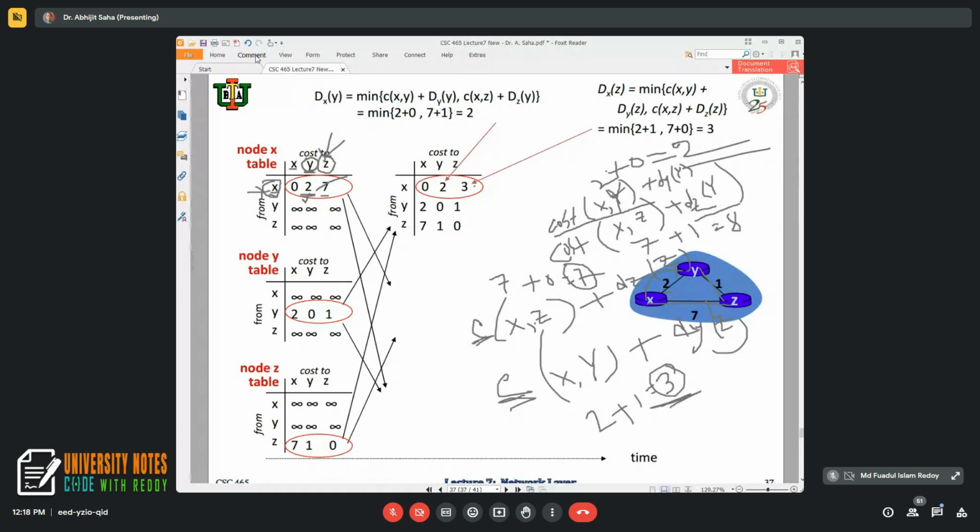Understand? Sir, I did not understand, again please. The last part you have understood, right? We found the cost of going from X to Z. One cost is 7, another cost is the